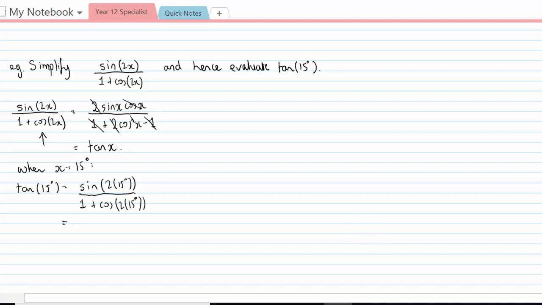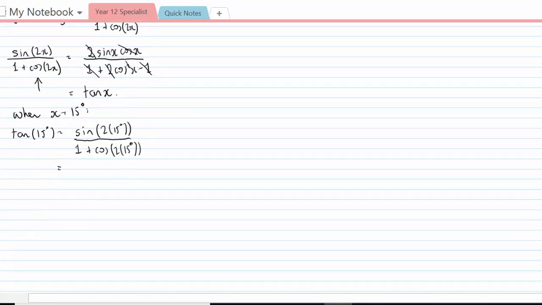And we know those exact values, so sine of 30 degrees should be half over 1 plus root 3 on 2,